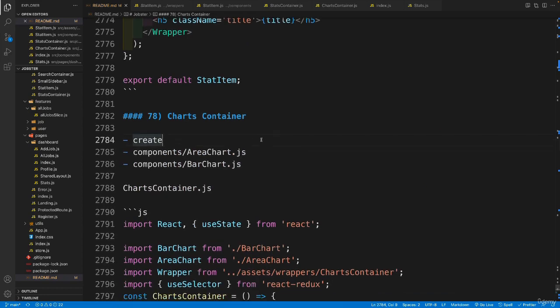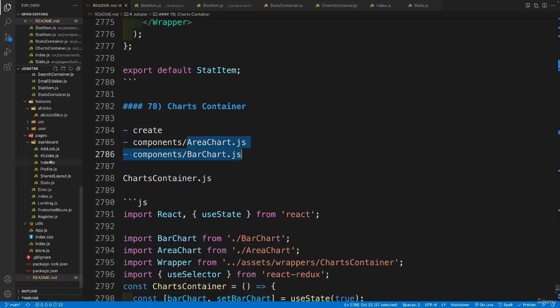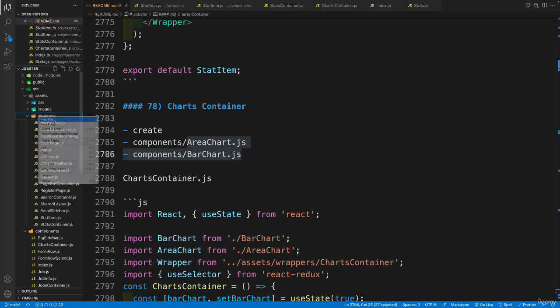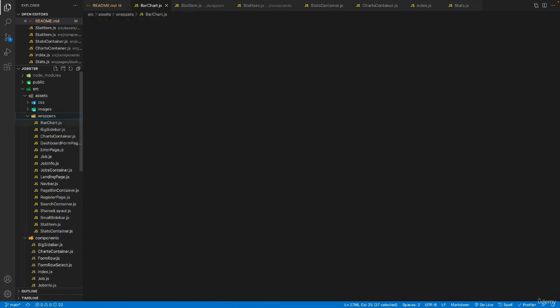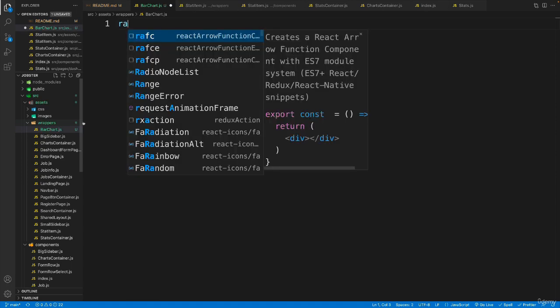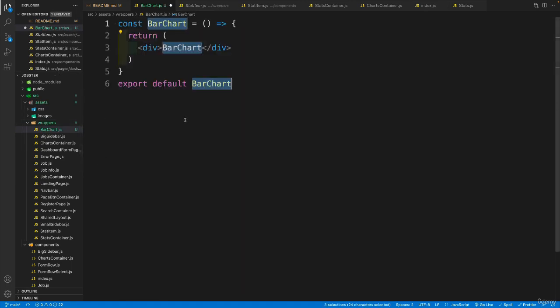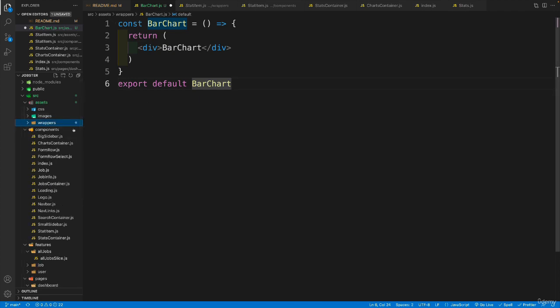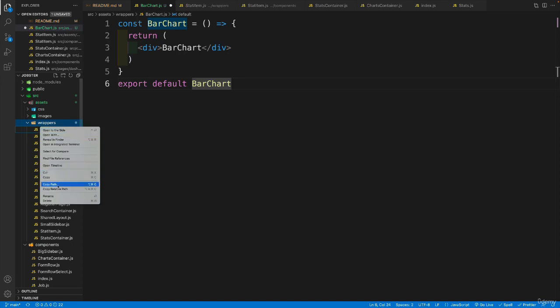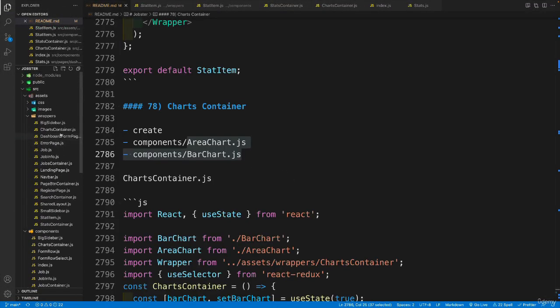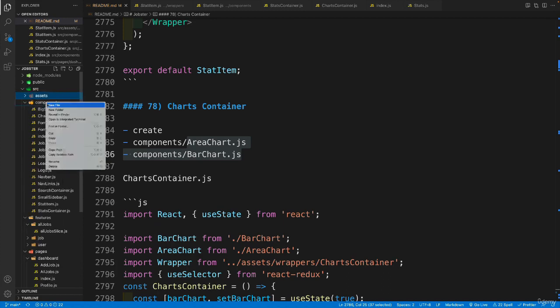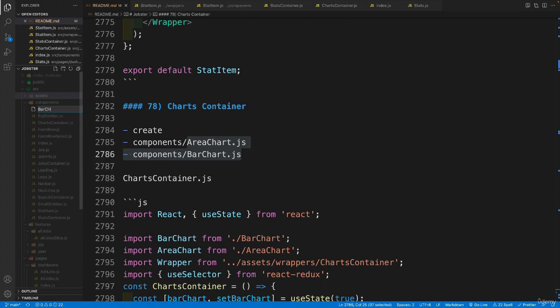So like I said, I guess let's start by creating these two. So in the wrappers, we're going to go with bar chart. Now they're not going to be import export, so we don't need to worry about that. They will be just used here in the, or I'm sorry, actually I created it in wrappers. You see, that's what happens when you show some stuff. So we need to remove it, or at least I do. So we want to set this one up in components. Let me make this very clear. So wrappers closed, assets closed. We want to go to components. We want to set up the bar chart